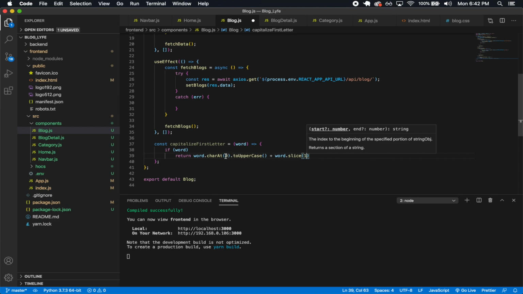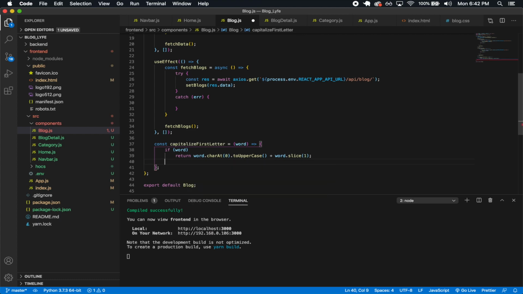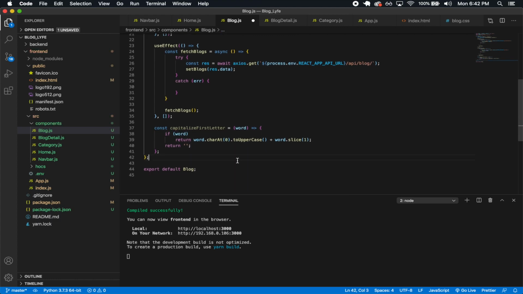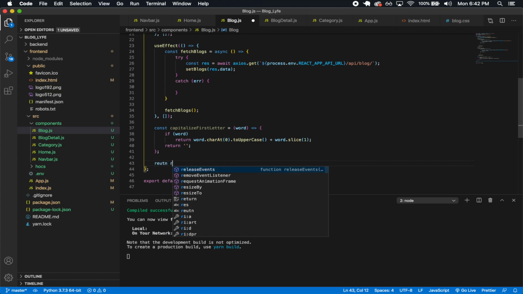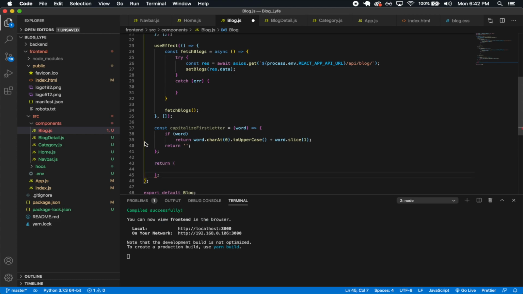So just the index 0 we're capitalizing and the rest we're not touching, and we're just returning that whole word, which is going to be our category, capitalized with the first letter. And otherwise, actually we don't need an else here, we can just return an empty string. So that's that. Also, something I'm going to quickly do is just have my return here, if I can spell return, just going to have that as a placeholder